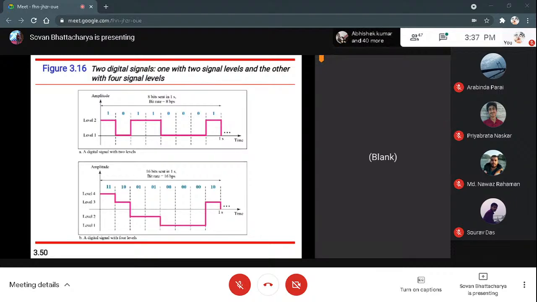Then level 2, so it is 0 1. Then level 1, 0 0, the 3 phase. Then again the peak, level 3, so 1 0. So the total signal, if I collect this, is 1 1 1 0 0 1 0 1 0 0 0 0. So total your signal,